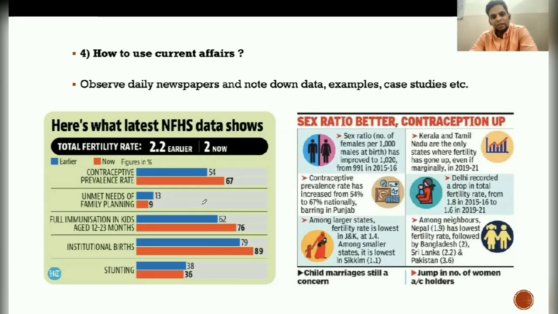So you can basically try to follow up on what is happening. For instance, NFHS 5 data had come out, and it shows that today the total fertility rate is approximately around 2, which means it is even less than the replacement rate, which is considered to be 2.1. So meaning the graph is falling down, right? So the graph is going to fall down. If let's say we are at 1.3 something, it is going to come down with given time, right? So that is an important perspective.